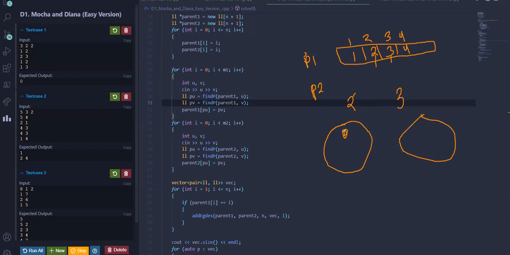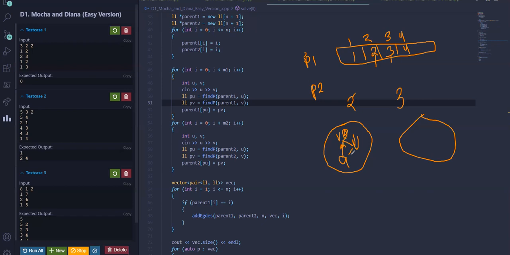So whenever there is an edge between some node v and u, we are adding an edge between them. When a new node a comes, we have to add an edge between u and a. We check that the parent of u is v and the parent of a is a, so the parents are not the same. So for a also, the ultimate parent we are assigning is v.